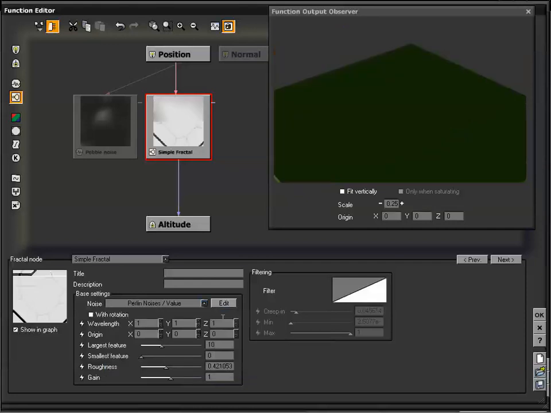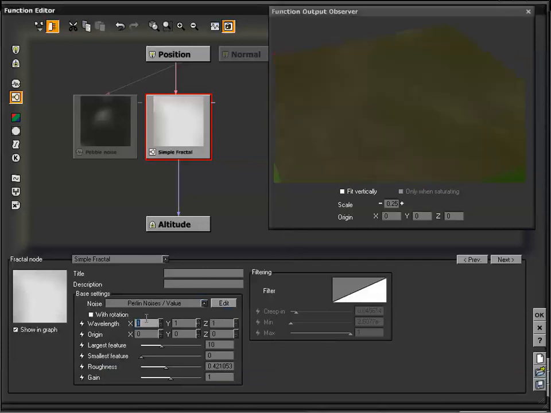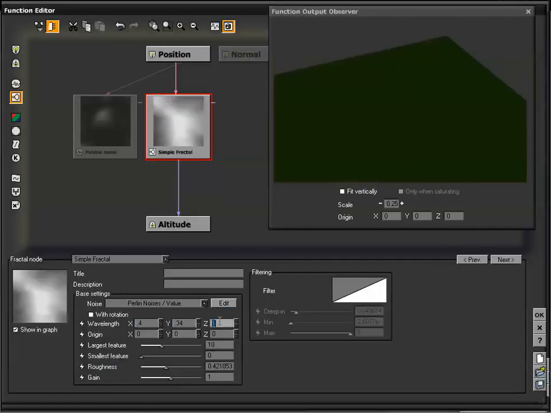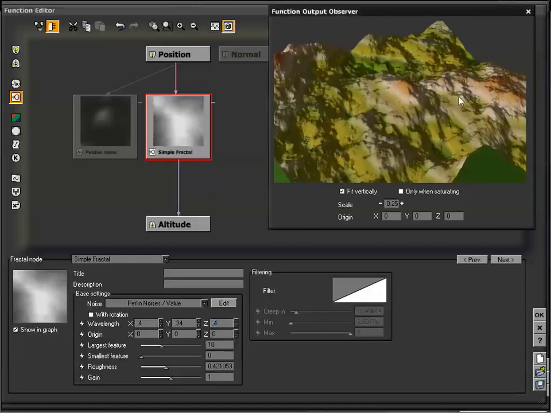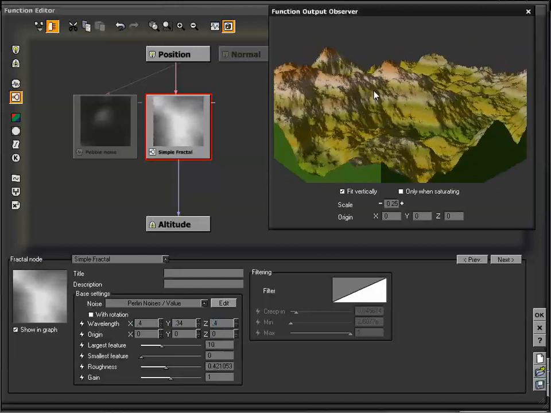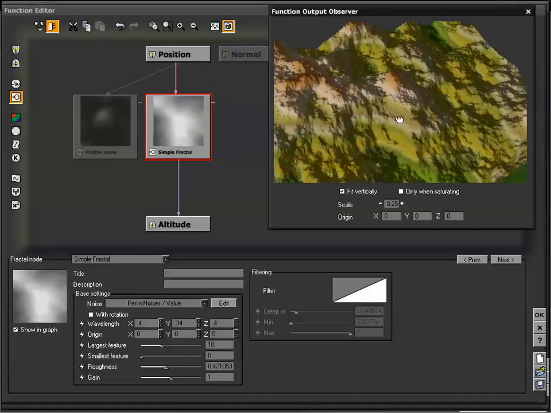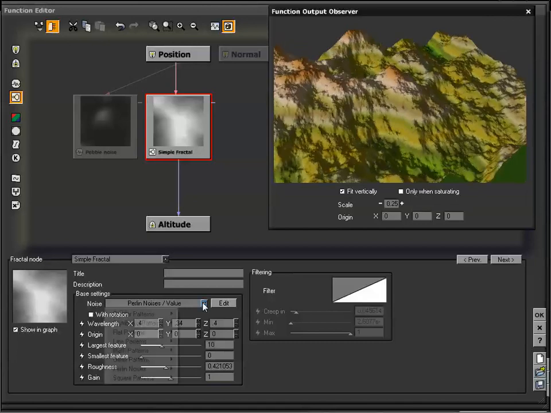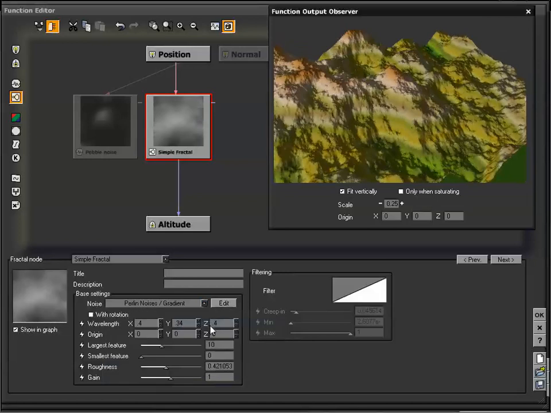Go to Perlin noises, we can select value. You can see that show up. Not a very good representation right now because of the size of our wavelength. So we'll change this, and let's do a 0.4 on each of our axes, so we can see that a little bit better. I'm going to turn fit vertically on, and now we can see that terrain a little bit better. And this one works very well for creating terrains. We can go back in there, and we can see that we also have gradient,